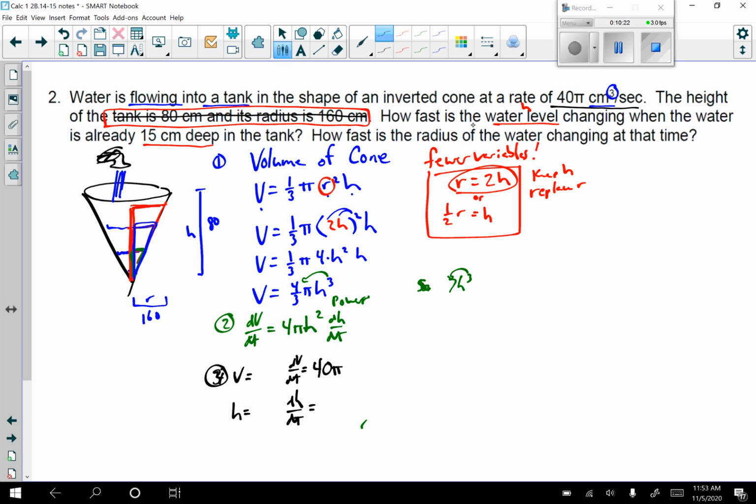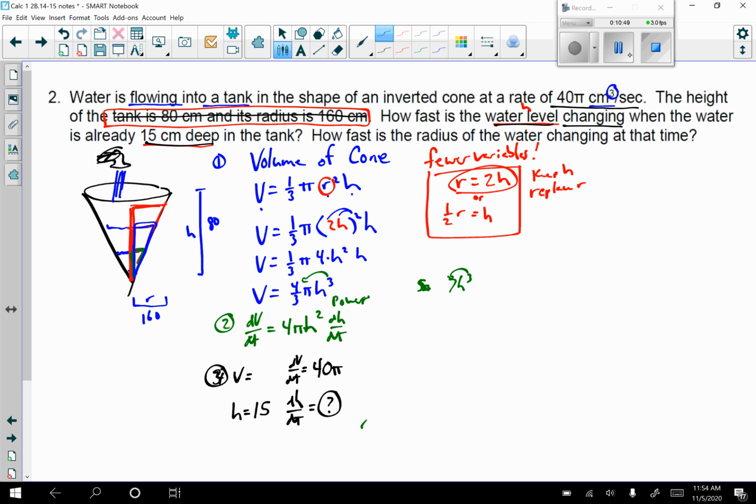How fast is water level changing? That's the question. The water level is height, but changing, remember, is your rate word. So we are looking for the dH/dt. And when the water is already 15 centimeters deep, that's our height of the water. So 15, and it looks like we have one left. Remember, if you want an original variable, go to the original equation. But before you do that,